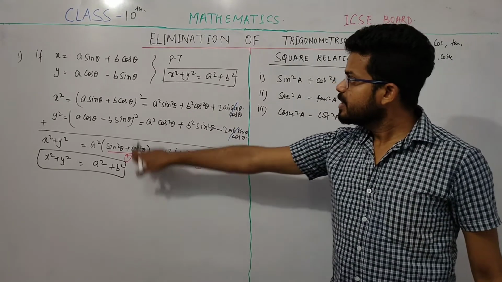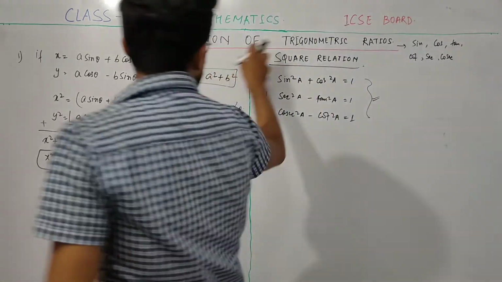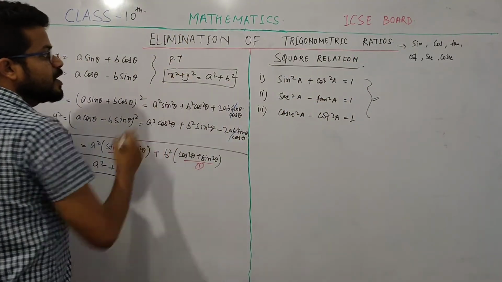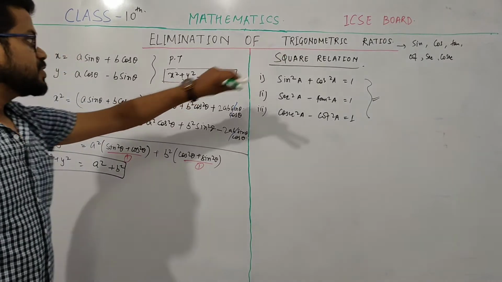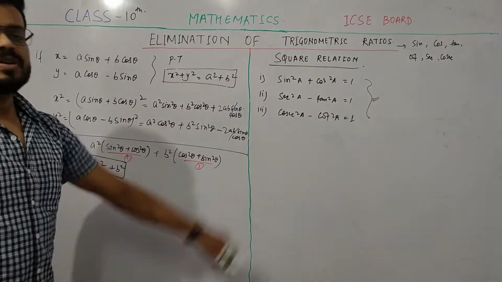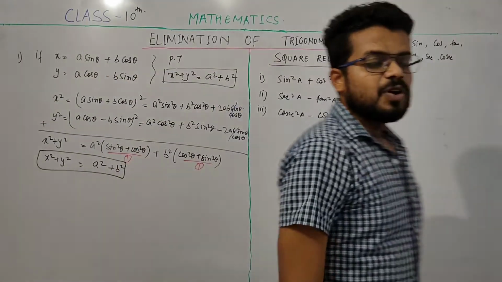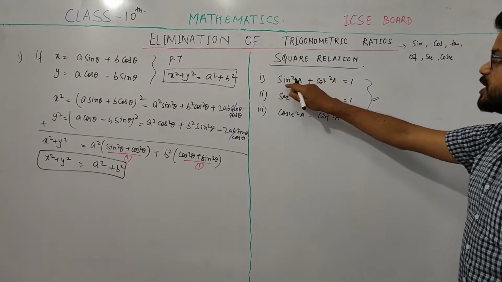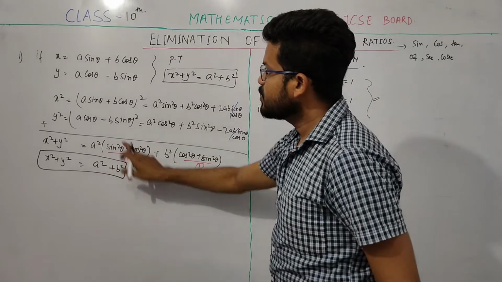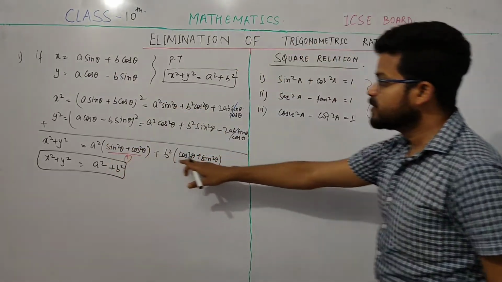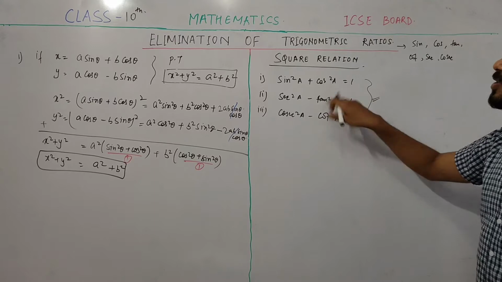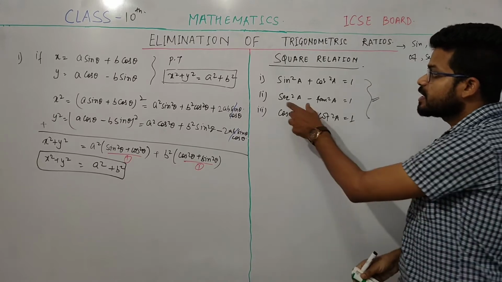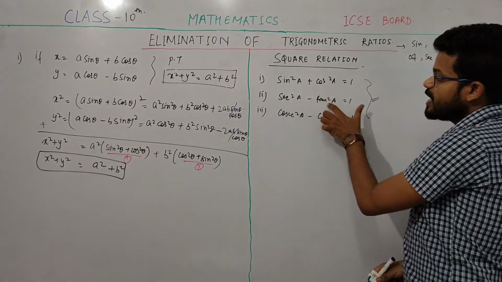Here in the given proving, there is no trigonometrical ratio like sine, cos, tan. All are different from these ratios, which is basically x square, y square, a square, b square, simply a variable. Okay, so whenever you get any question, you always try to convert those questions into this form. Here this is sine and cos, so I try to convert this sine and cos into this relation. So whenever I get the question in terms of sec and tan, I try to convert those sec and tan into sec square and tan square.